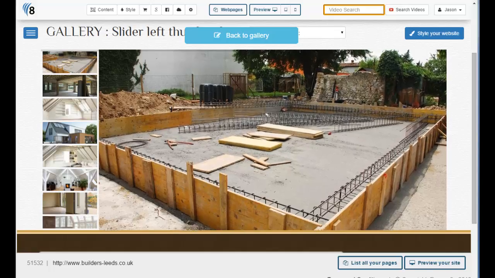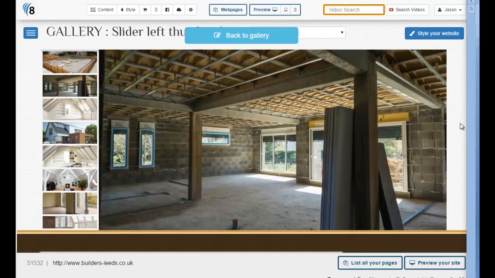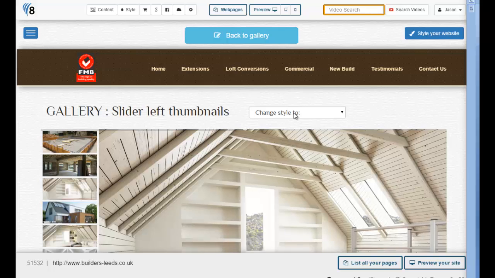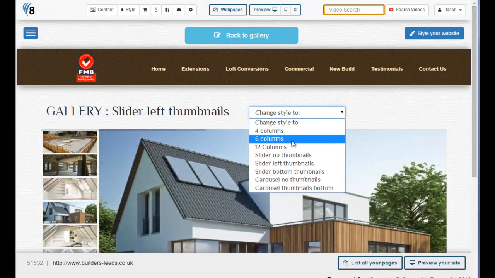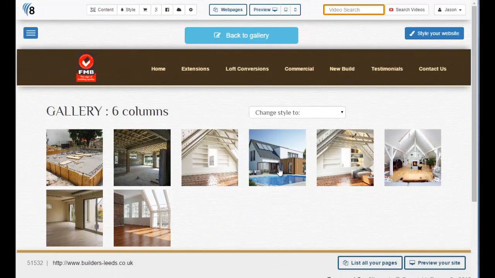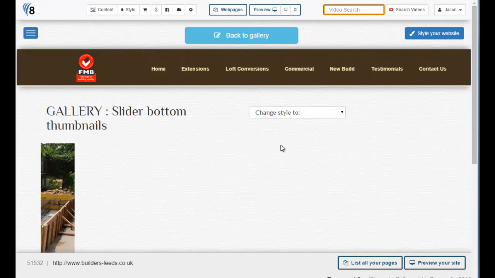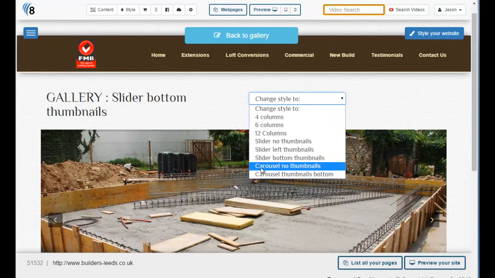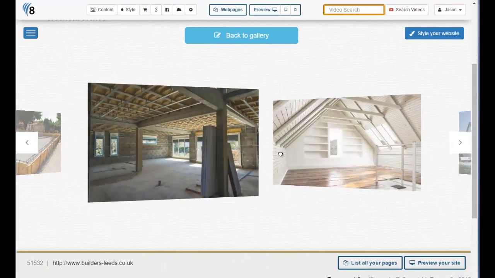Now if you want to try different styles, perhaps you're not sure whether this is the sort of style that you want, that's pretty easy too. All you have to do at the top of the page where it says change style to is choose a different style. So let's say we go for a, I don't know, 6-column grid. There we go. Or perhaps a slider at the bottom without any thumbnails, so it's just a basic slider. Or even a cover flow or carousel with no thumbnails, just the carousel. Here we go. So you can flick around and choose the one you want,